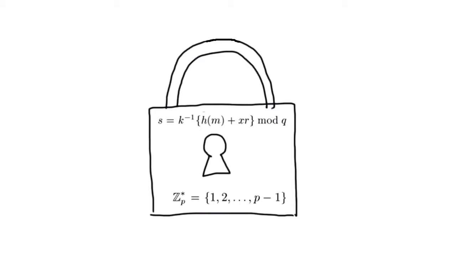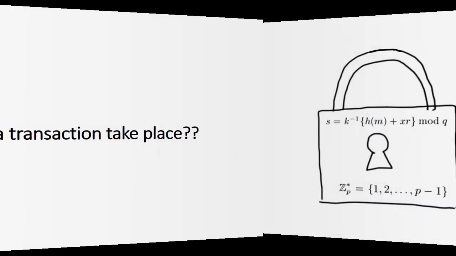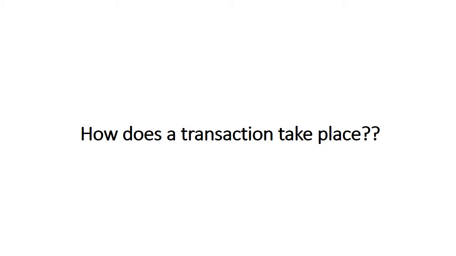But to tackle this problem, Bitcoin system has complex mathematical problems and algorithms so that the data and the information cannot be manipulated or changed. Now, how does the transaction take place in the Bitcoin system?